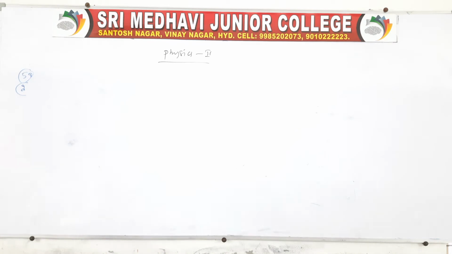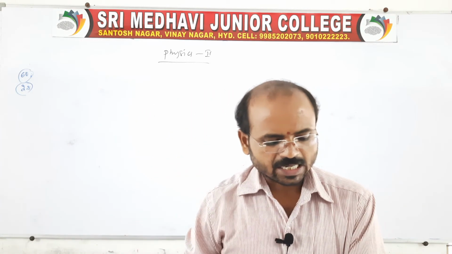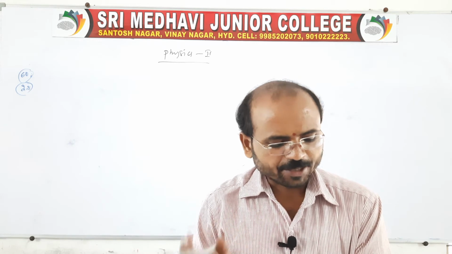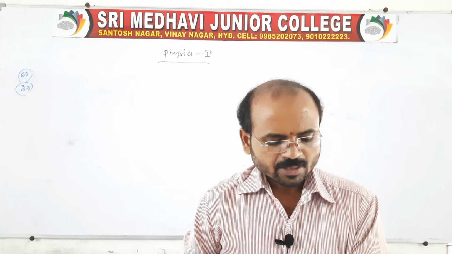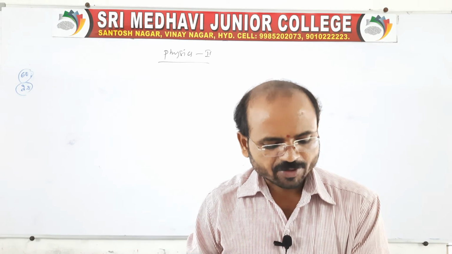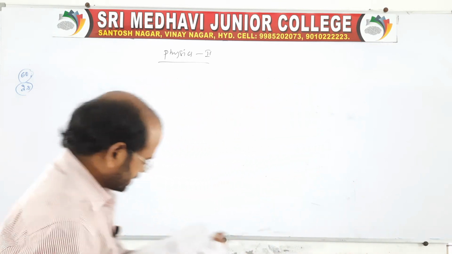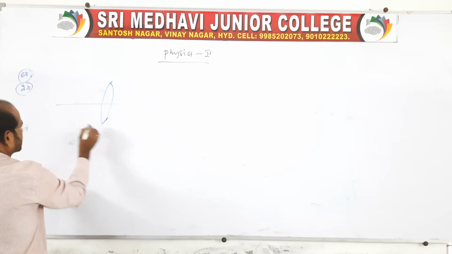Look at the question number 2.8. I'll read the question, same page number 59. I'm sorry to say, page number 60, next page it is. Look at the question. A beam of light converges at a point P. Now a lens is placed in the path of the convergent beam 12 centimeter from P. There is one point P, and there is a lens given, right? So there is one point P.